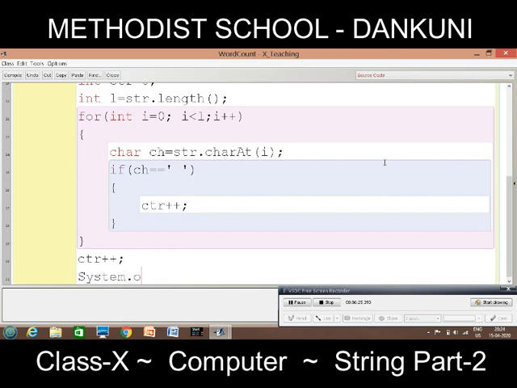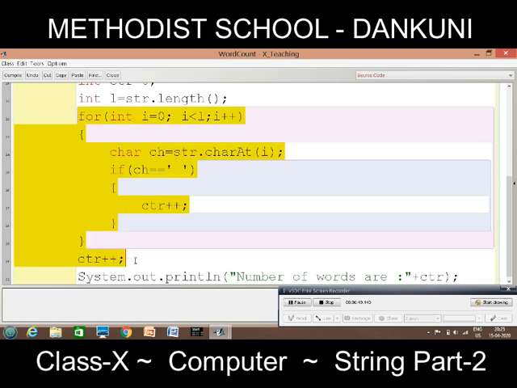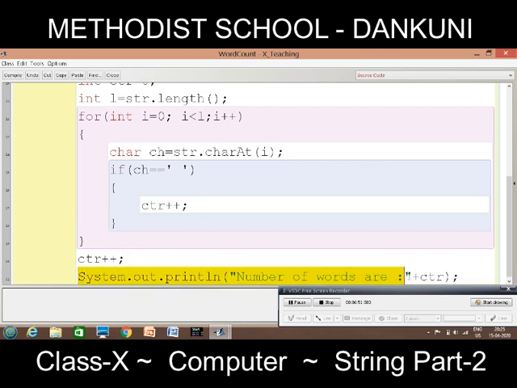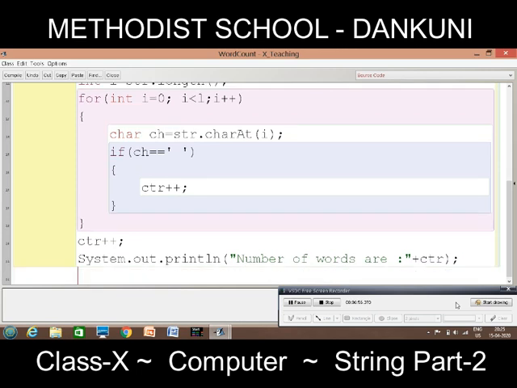Now simply print System.out.println, give a message, number of words are, then whatever the counter is. Everything is over, I believe. The number of spaces is calculated by space counting, then incremented by 1, and then finally we print the number of words as counter.